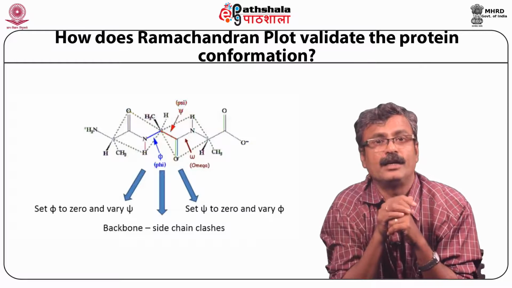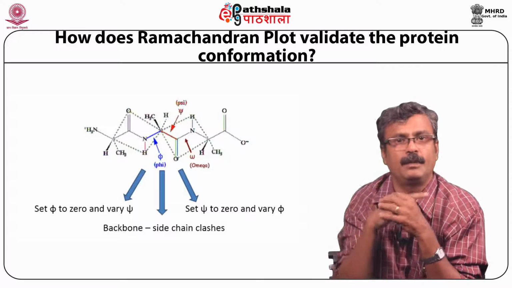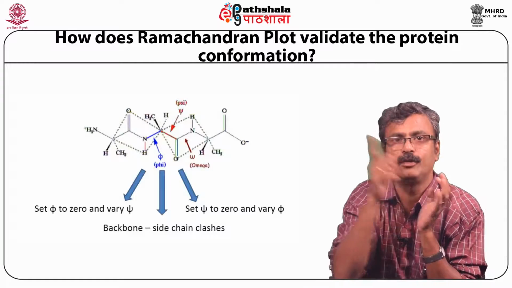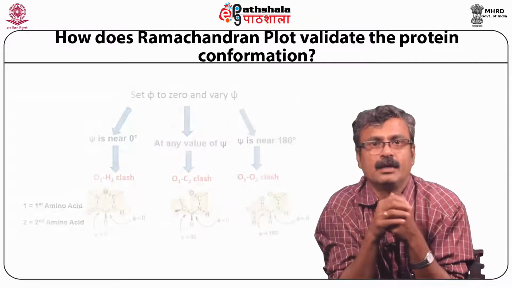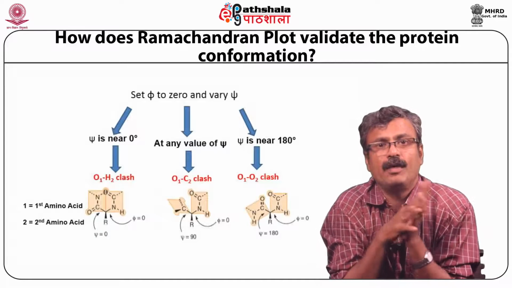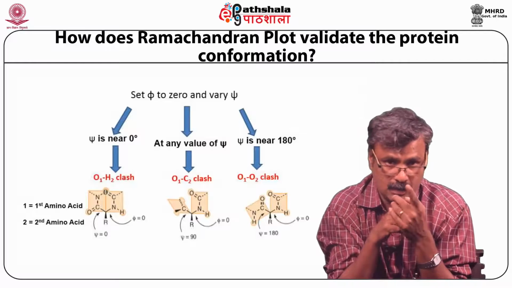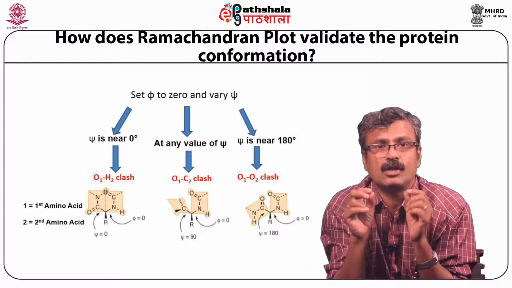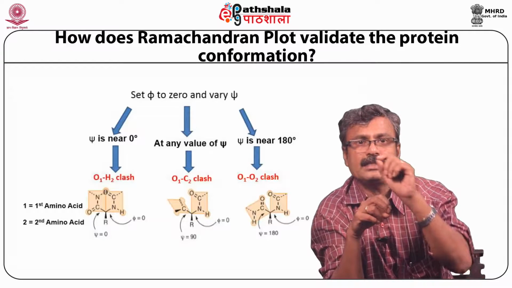That is what actually determines the overall folding, because along the polypeptide chain, these peptide units are going to be oriented with one another with respect to the central carbon atom. In the picture you can see phi and psi. These two are the torsion angles, and phi represents to what extent the N-C bond can